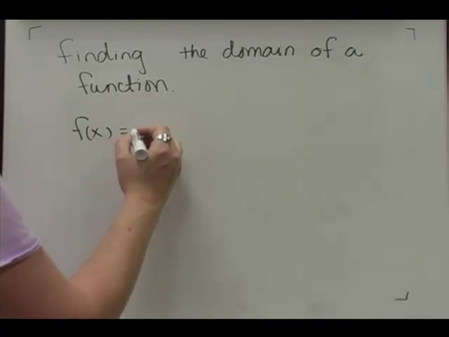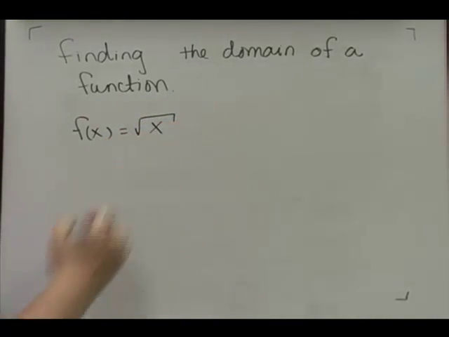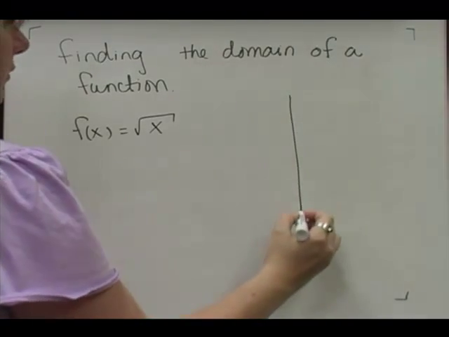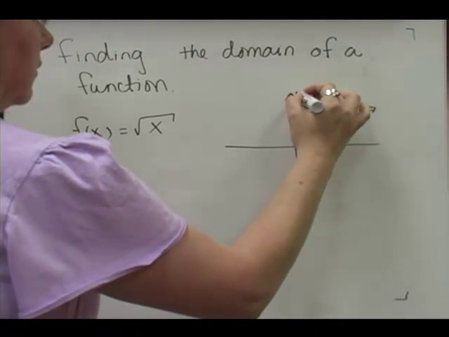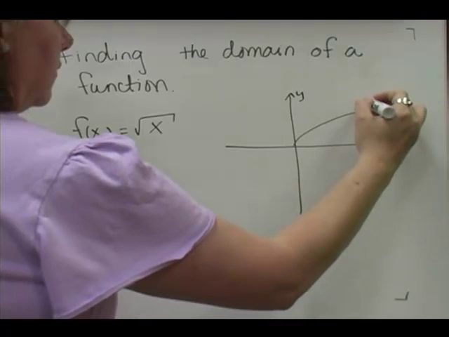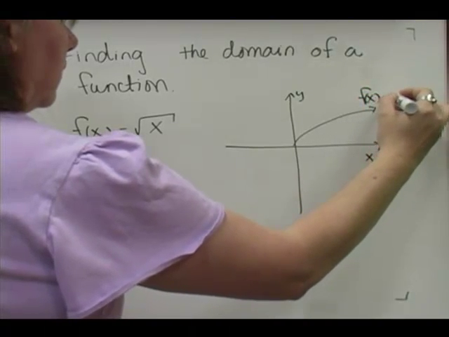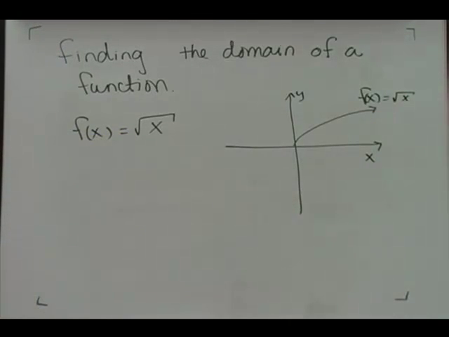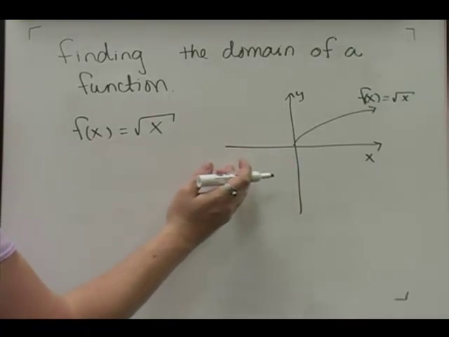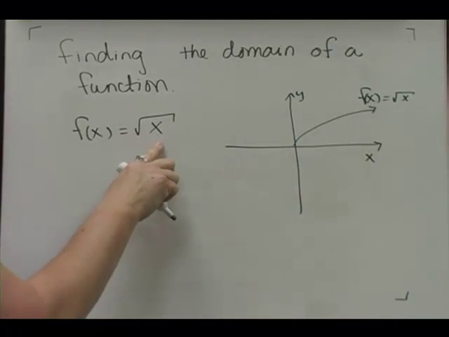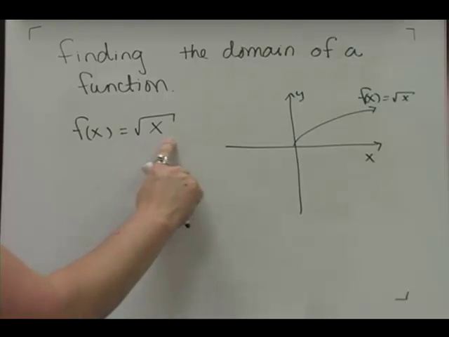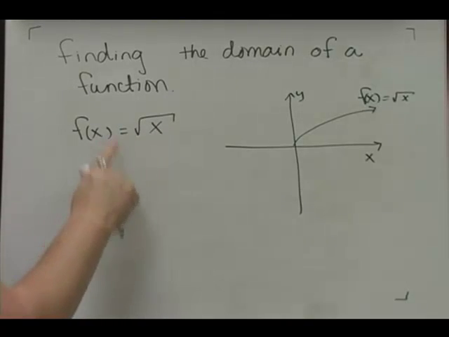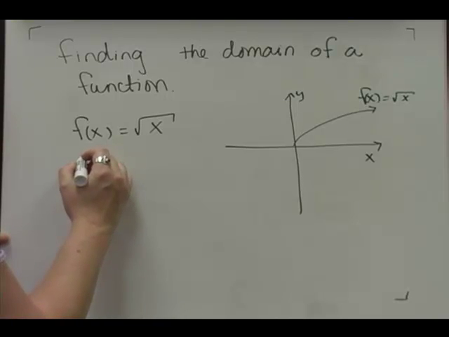If my function, say, is f of x is equal to the square root of x, and if I were to graph this function, it would look like something like that. So as we can see from the graph, I don't get to have any negative x values over here. And in fact, if I were to put a negative x value in here, a negative 1 or a negative 2 or something like that, you'll find that you will have a complex number. And for right now, we want to stay in the real numbers. So we know that the domain of this one